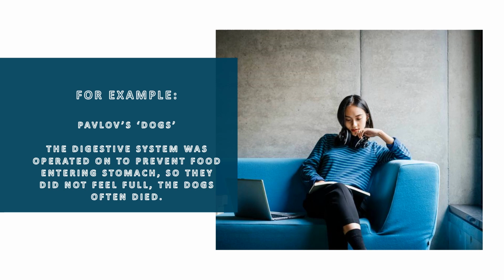Our second example for ethical strengths and weaknesses looks at Pavlov's study of dogs and salivation. One of the steps in his procedure was that he operated on the digestive system, which was done to prevent food entering the stomach of the dogs, so that they never felt full, in order for them to be more able to salivate. As a result of the operation and the process, quite a few of the dogs actually